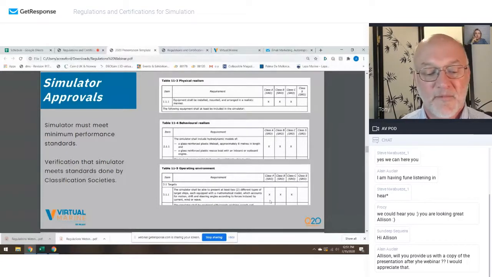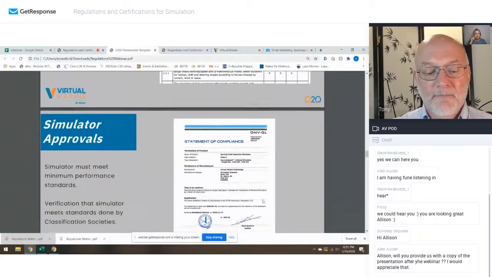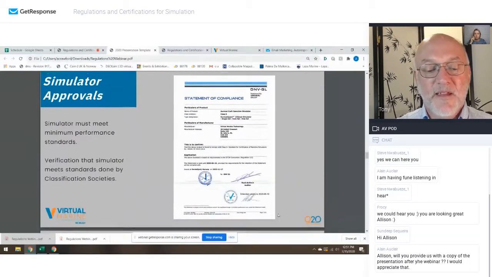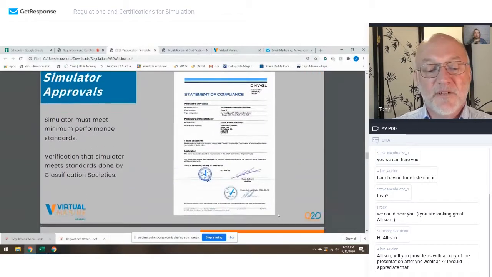Okay, next one down. And at the end of the day, after you go through all that, a manufacturer would get this statement of compliance. It just says that DNV-GL, in this case, or Class NK if it was Class NK, has assessed the simulator and it meets the minimum performance requirements as outlined in STCW. So this is your first step of verification,